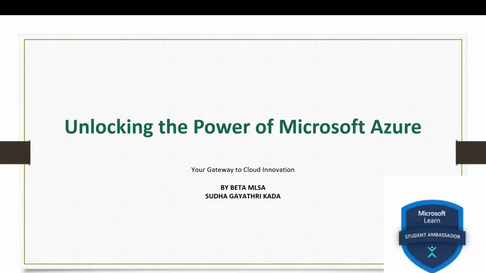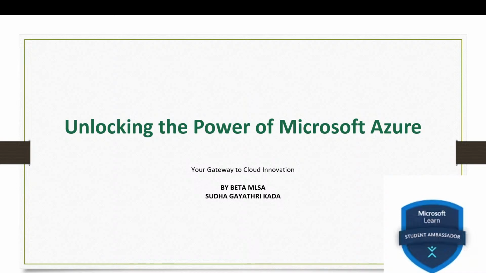Today we are going to dive into Azure's core services and how they transform the way you approach technology. Here's what we'll be covering. So, introduction to Azure. A quick overview of what Azure is in today's tech world and core Azure services.